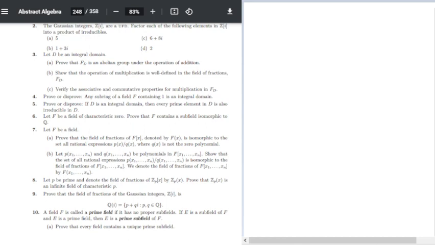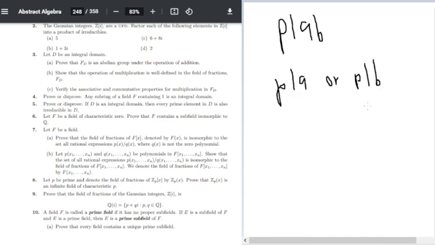So if P divides AB, then P divides A, or P divides B. So we have that, and we need to show from there that if P is equal to CB, then,